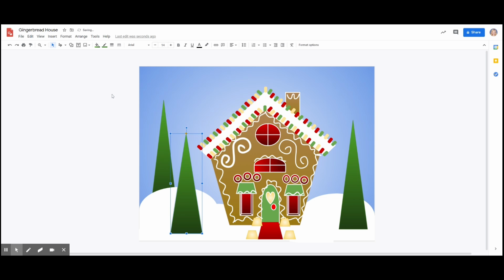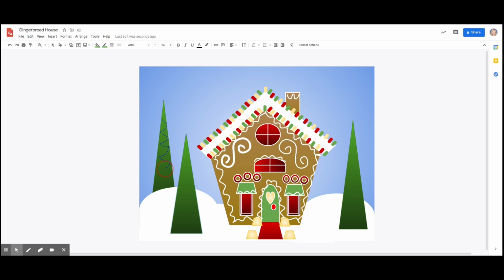Okay, so now maybe we want to add some decorations to our trees. What I'm going to do is use a Scribble tool, set it on white, and do some icing kind of accents, and make what look like some white garland going around it. But this is completely freehand, so you're just using your mouse or your mouse pad,